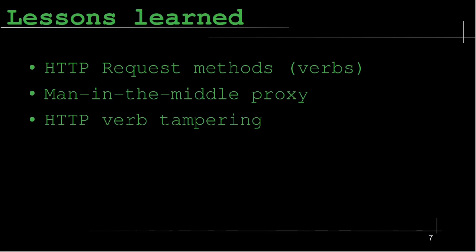We have also seen how it can modify content before forwarding it to its destination. HTTP verb tampering is a technique that exploits the fact that some web servers or applications do not check or enforce the use of proper HTTP methods for certain actions. For example, some web servers may allow changing or deleting resources with a GET request instead of a PUT or DELETE request. This can lead to unauthorized access or modification of data by sending malicious requests with unexpected HTTP methods. In the challenge, we were able to retrieve the flag by using a different HTTP request method than the one used by the web application.